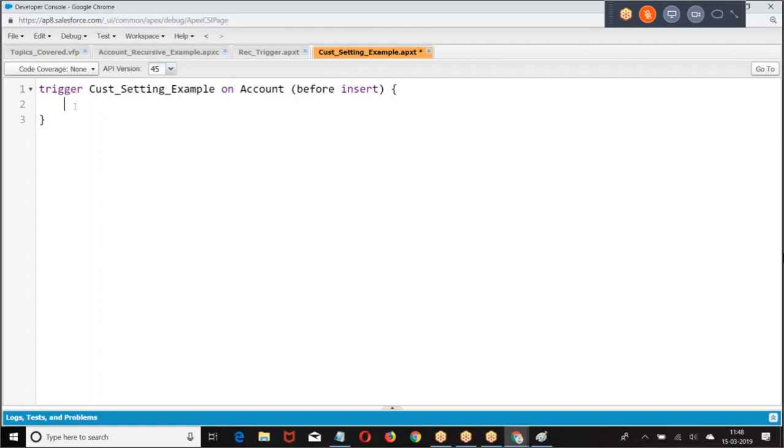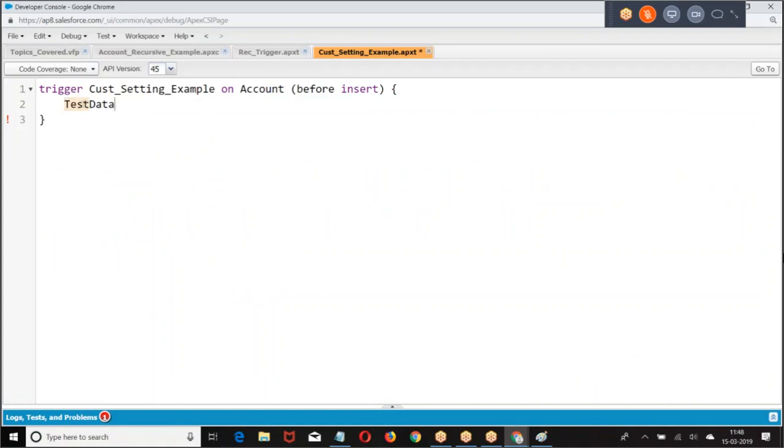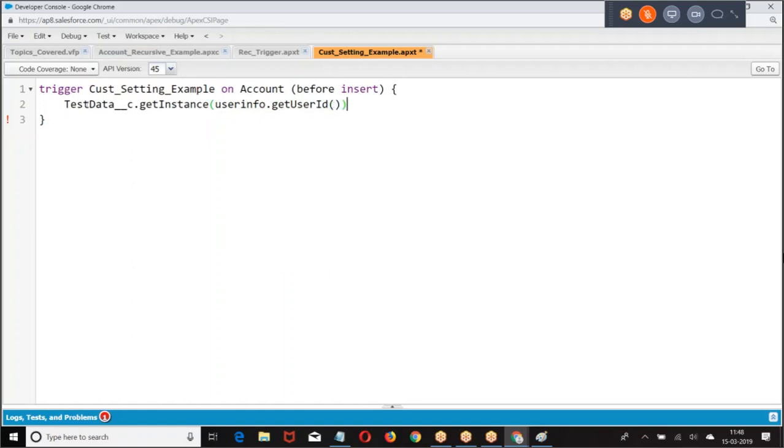So what I'm doing: Test Data, what is the object name? Get the instance of this custom setting as per the current user.